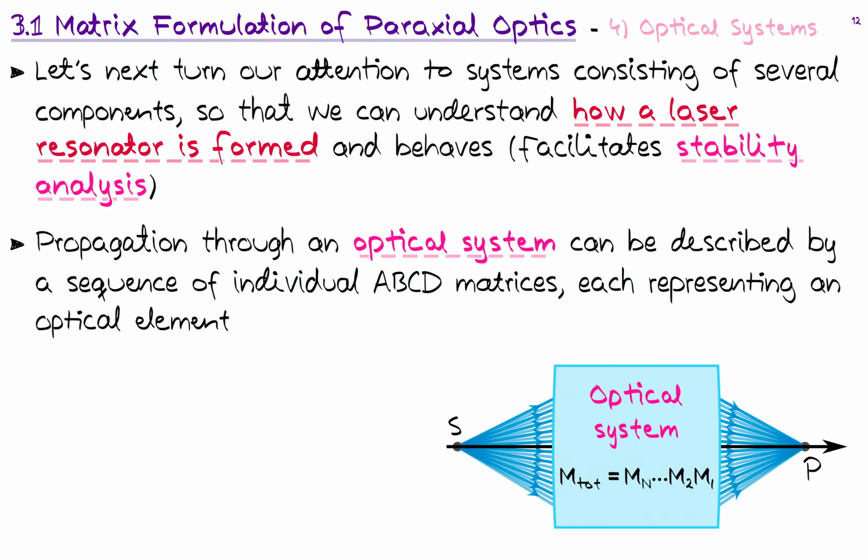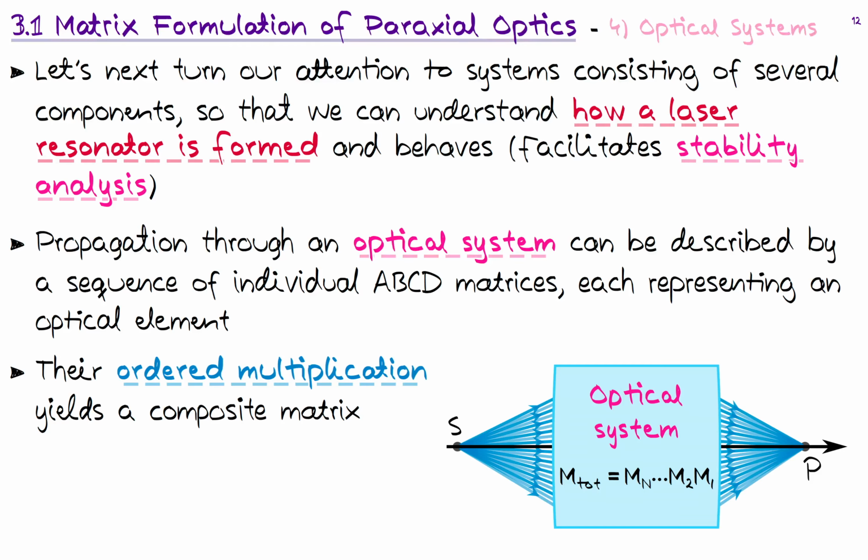So basically, we now have a generic optical system, and the total ABCD matrix is essentially a multiplication of multiple element ABCD matrices. And please note that this, of course, is an ordered multiplication, as is the case when we are dealing with matrices. So we really need to be careful in which order we are multiplying them. But if we do this proper ordered multiplication, we get a composite matrix that describes the net effect on the